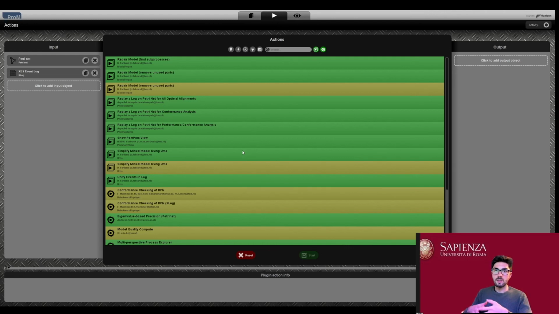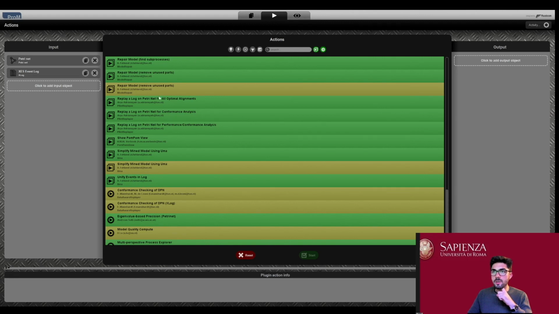Of course, doing trace alignment with the log that was used to discover the model is quite strange and will introduce some bias for sure. But we can use it to evaluate some particular aspect.